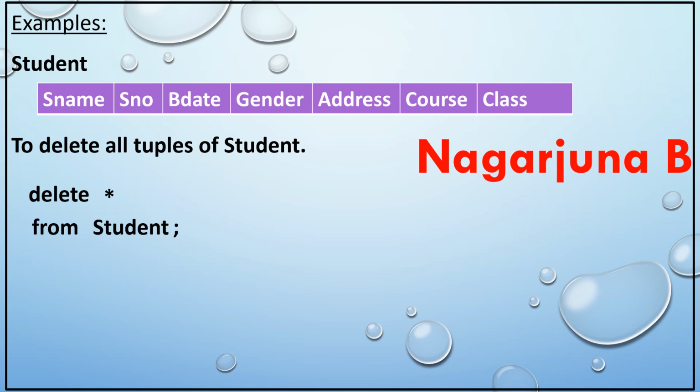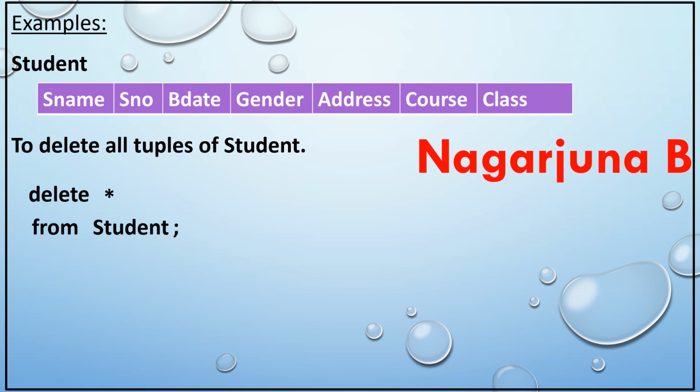You can write in lower case or uppercase, whereas the relation name I have written student with S in uppercase and the remaining in lowercase, because at the time of creating the table student, I wrote S in uppercase and the remaining in lowercase, and you need to write it the same way.